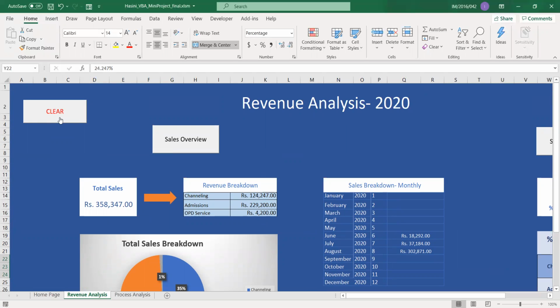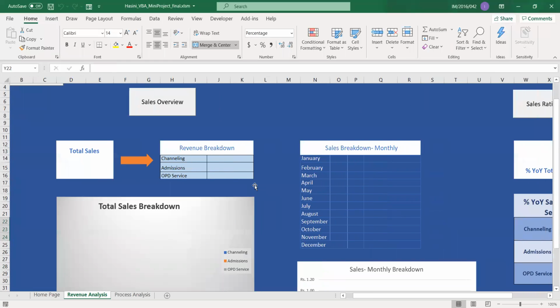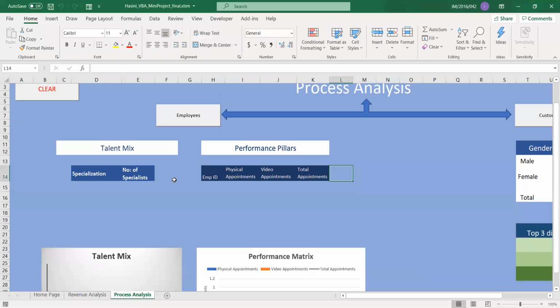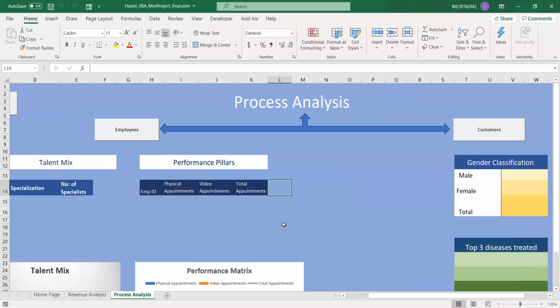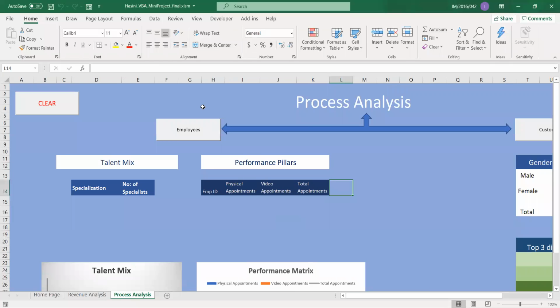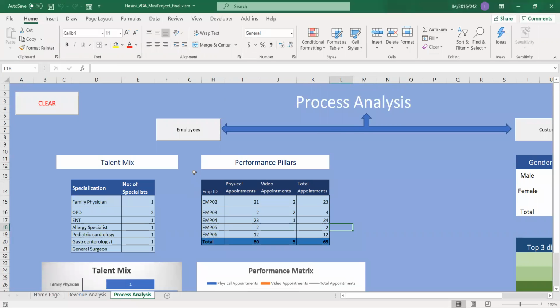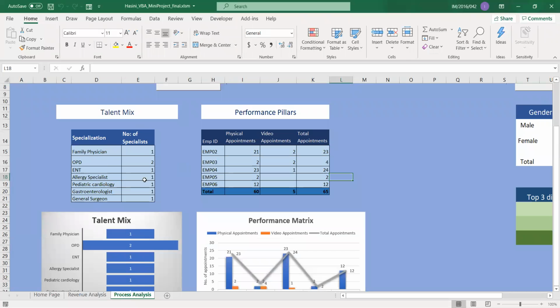And now let me clear all these data for you, in case you need the data cleared. And now let me take you to the process analysis. In the process analysis, I have analyzed employees and customers. If I take you through the employees performance analysis, it contains a talent mix where it showcases how many specialists there are in our staff or the system,